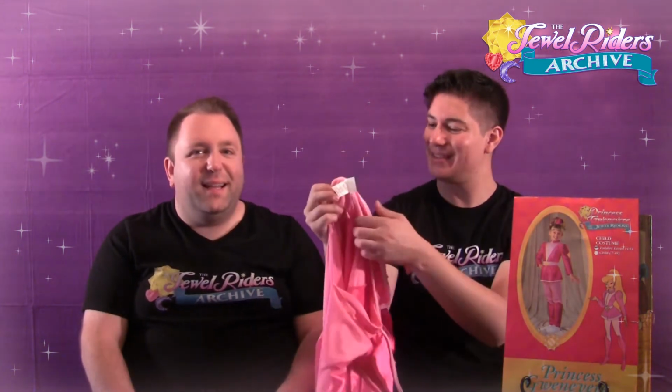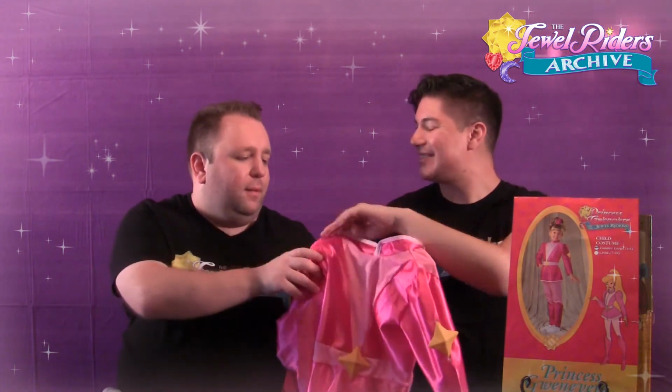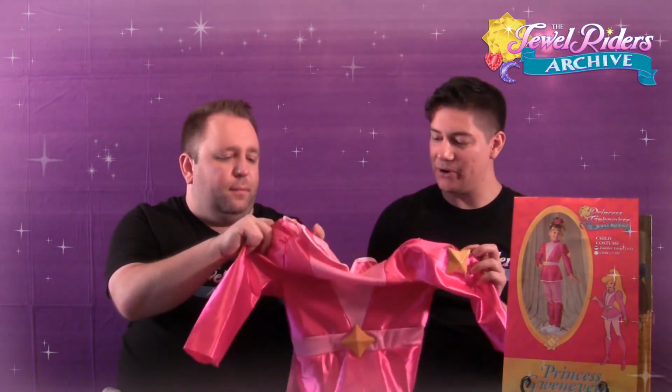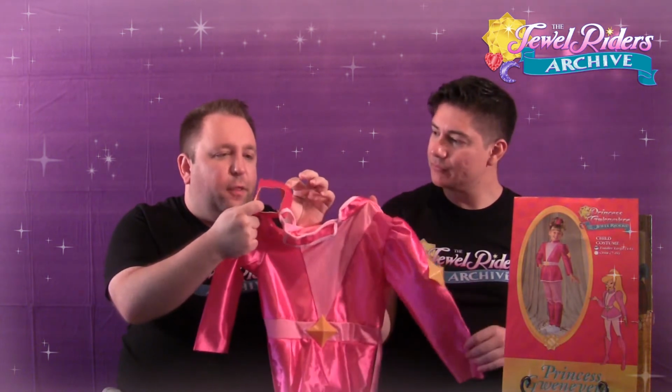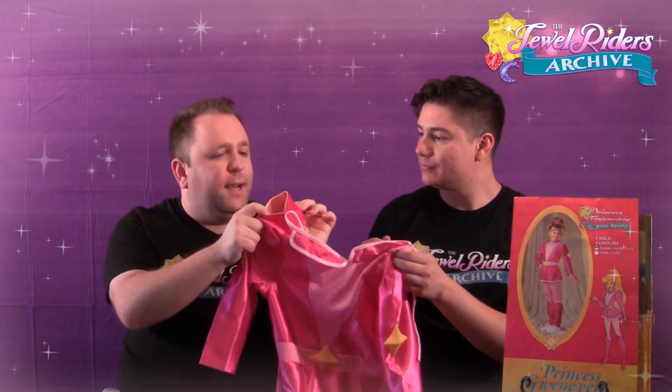So imagine having clothing that has a Princess Gwenevere tag. It says Princess Gwenevere and the Jewel Riders, copyright 1995. Having a fun little Princess Gwenevere tag inside of your clothes is really the only way you would have known what this was, outside of knowing the show. The hairpiece is a thicker material, and it's got a foam core inside of it,